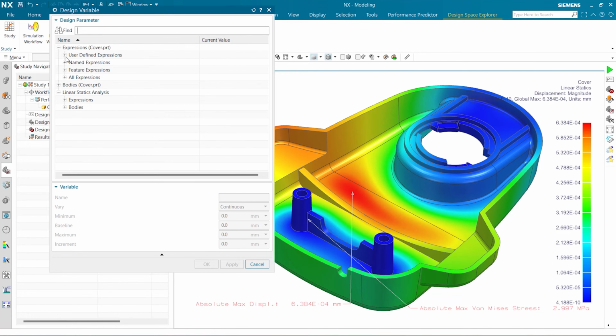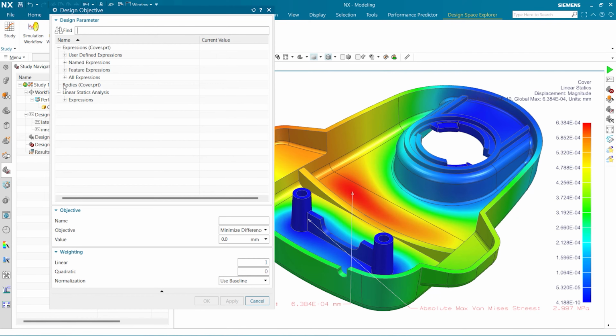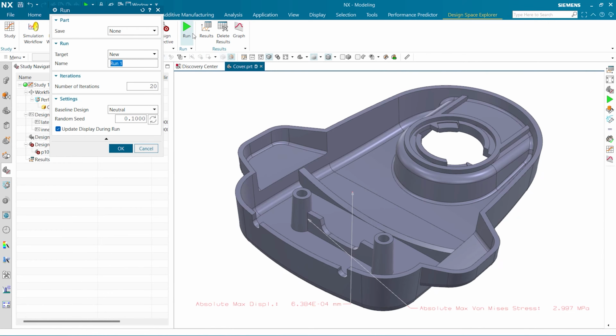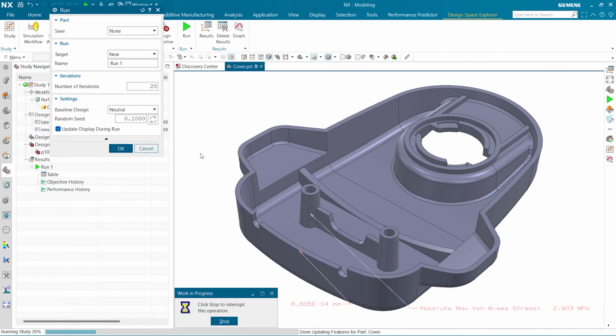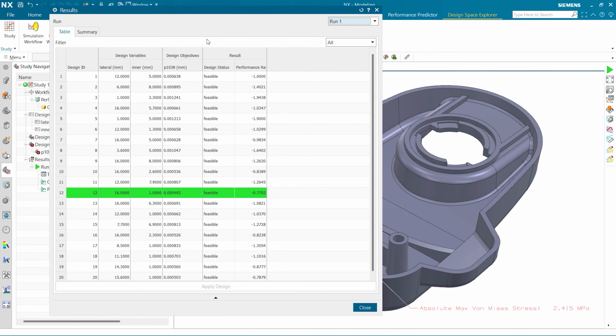As we have already said, it is interesting to avoid manual iterations when searching for an optimum solution. In Siemens NX, you can combine both Performance Predictor and Design Space Exploration to run mechanical optimization. The objective is then to minimize the maximum displacement or von Mises stress calculated by the simulation. The optimization runs a new simulation at each iteration and stores the results into a table, letting the designer the possibility to choose between multiple solutions, with the best one highlighted in green.